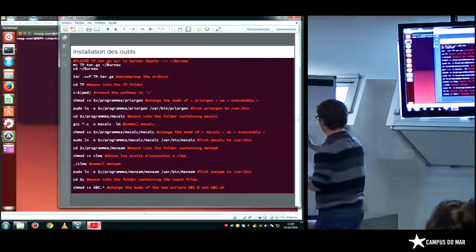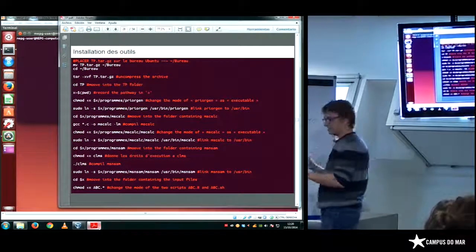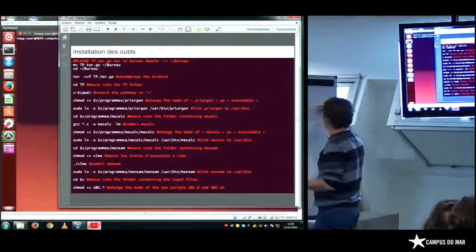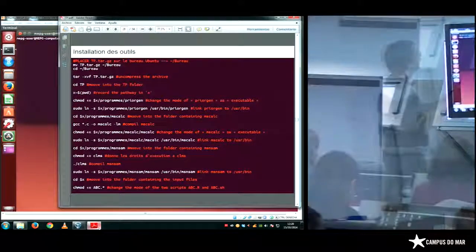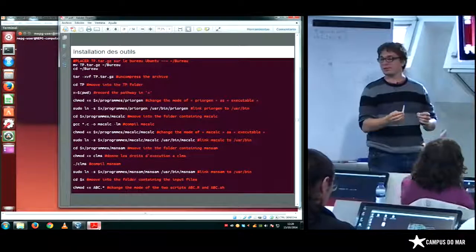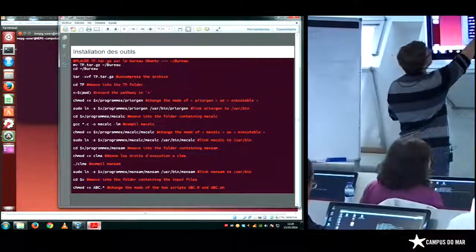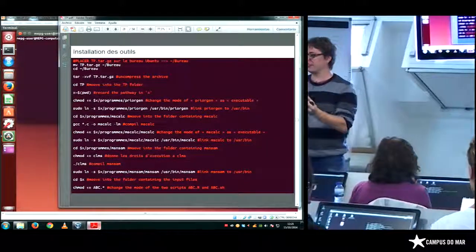The second line is a useful trick. It's just to record the pathway in a variable which is x.